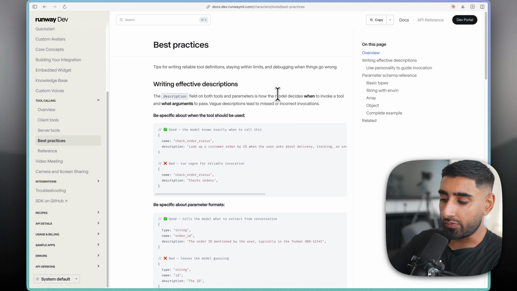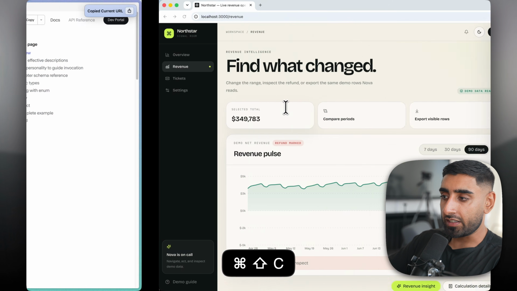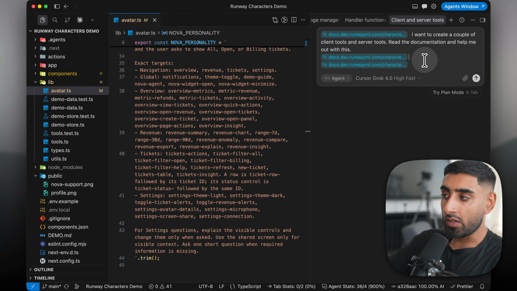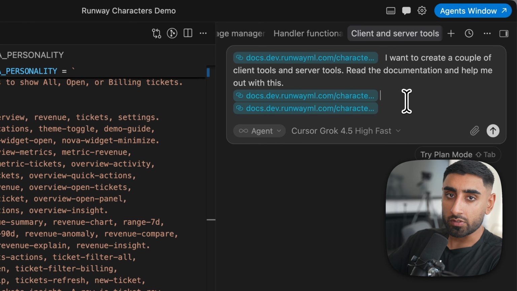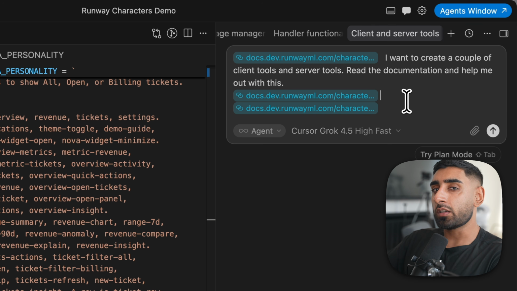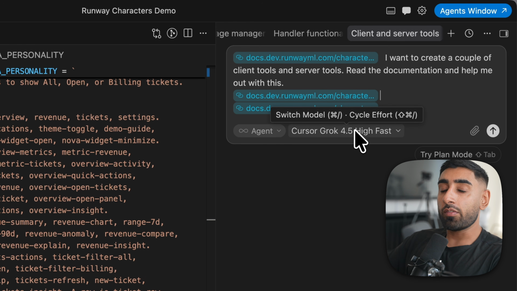But quite honestly, guys, when it comes to setting this up, you don't actually need to be a genius here. You can just click through to the documentation. Like I said before, copy the link, and just give all of the information to your agent, and your agent can actually solve most of the stuff. I would highly recommend that you be on a better model. So either Cursor Grok 4.5 actually did the trick here. However, I would typically be working with something like Sonnet 5, Fable, Opus, or GPT 5.6 has been amazing for